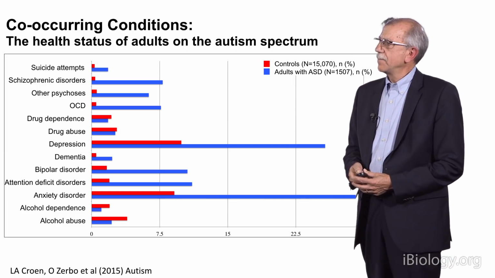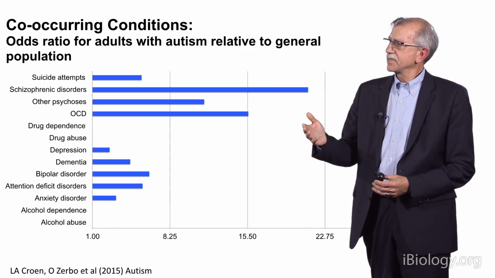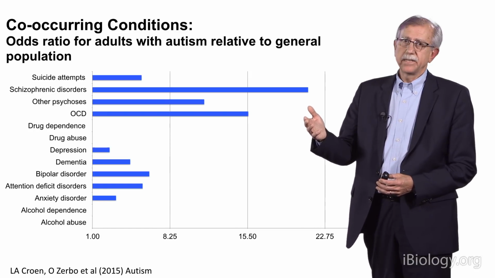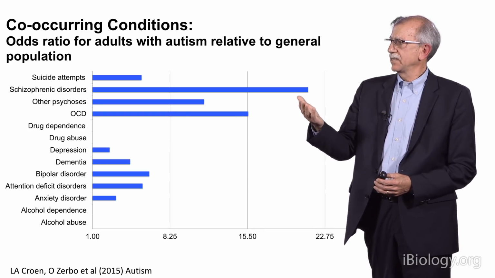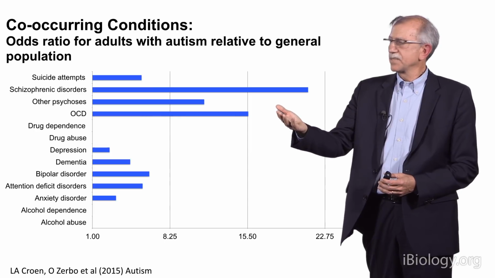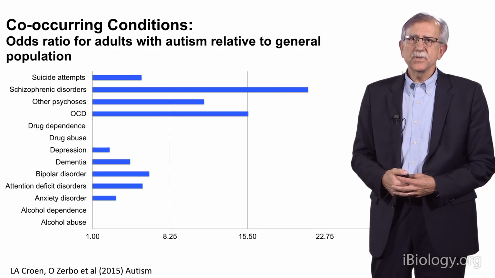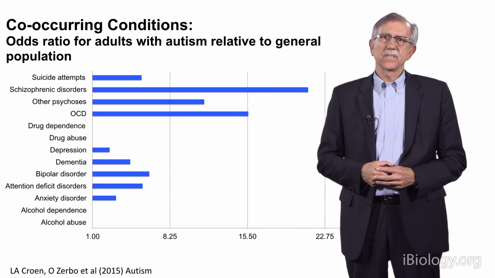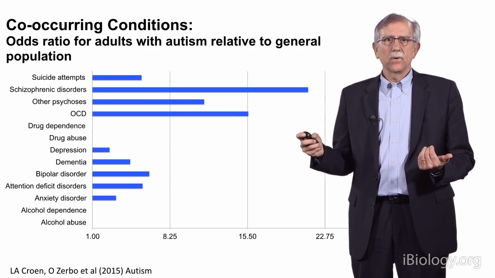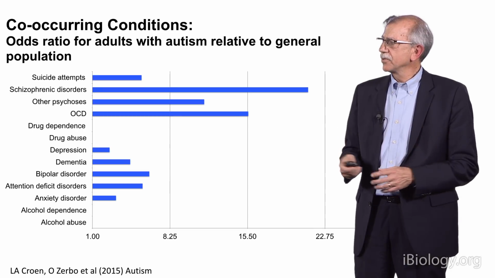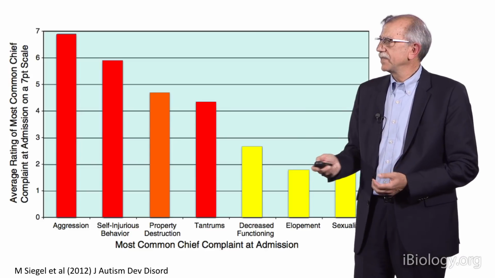And so in the next slide, just calling this out in terms of odds ratios, what you see is that if you're an adult with autism, the likelihood that you are going to be diagnosed with schizophrenia-like disorder, obsessive-compulsive disorder, psychotic illness, and so on, and particularly important things like suicide attempts, are all elevated in the setting of autism. These, of course, are also potential therapeutic targets. So as we're moving through the possibilities here, we have autism as the core disorder, but we have these co-occurring